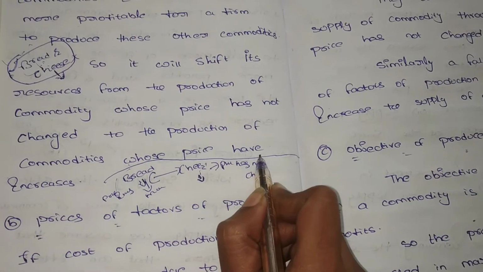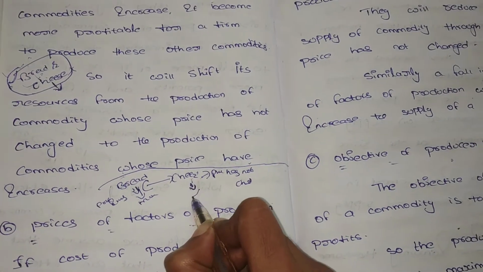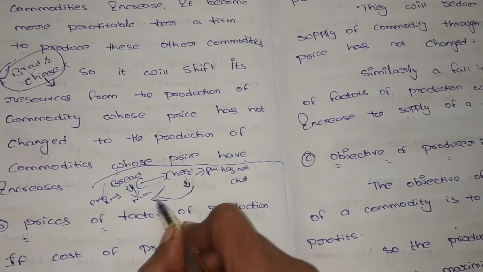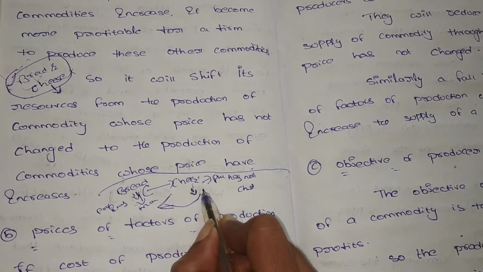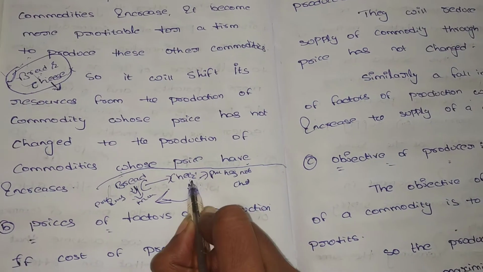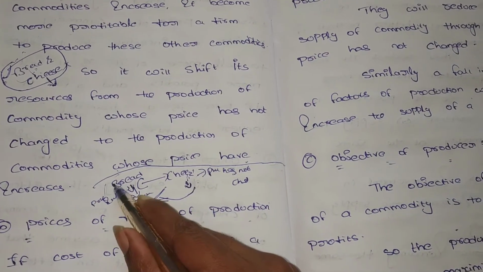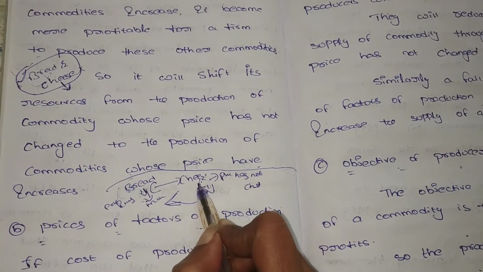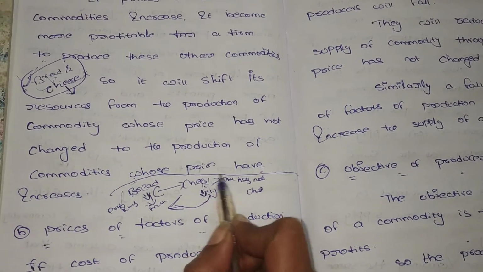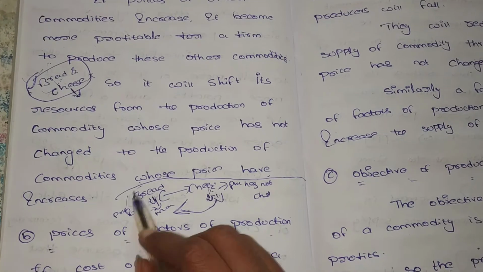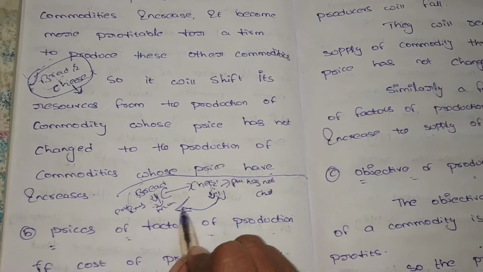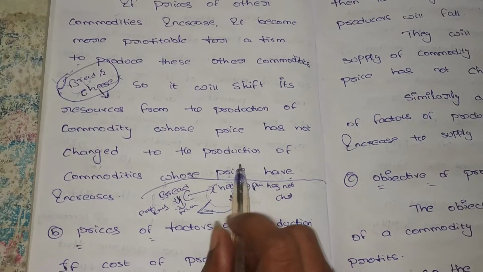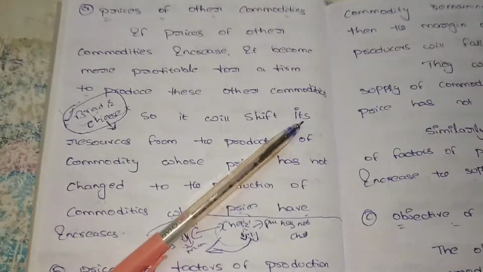In cheese there is no change in price, so the resources, meaning human resources, will also be shifted for producing this bread. Here the resources are shifted from cheese to bread, so the supply of bread increases, and the supply of cheese decreases. There is no change in price, but the supply of the cheese decreases due to the bread price increase. So even when there is no change in the price of the good, the supply will decrease. This is the example. I hope you understand.